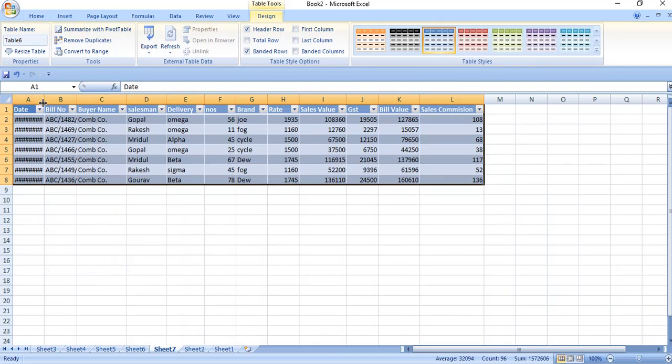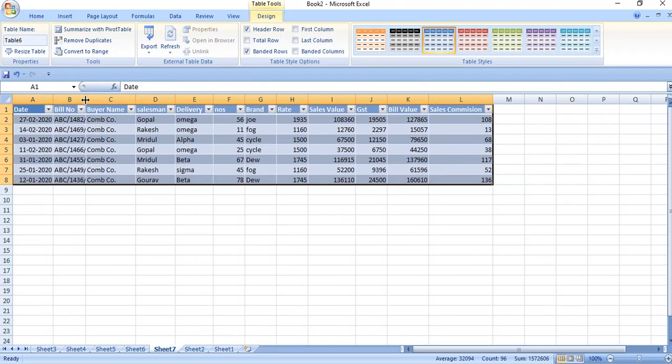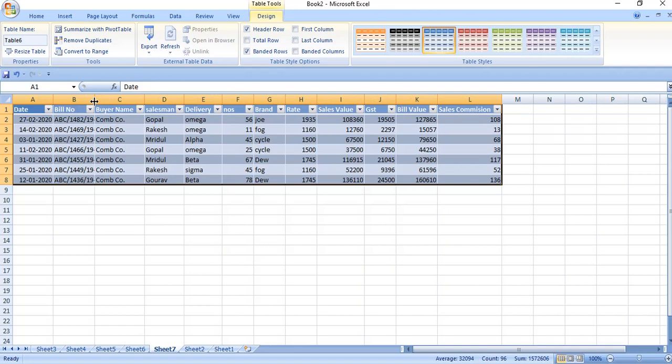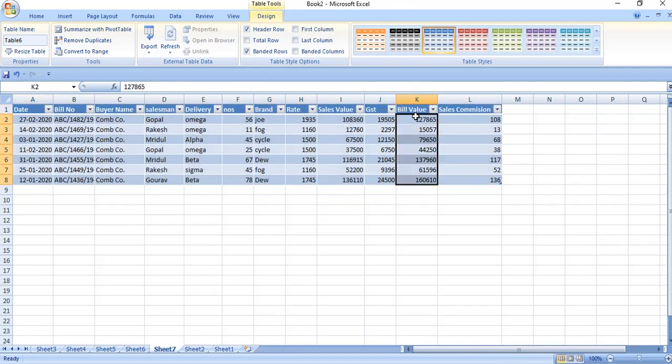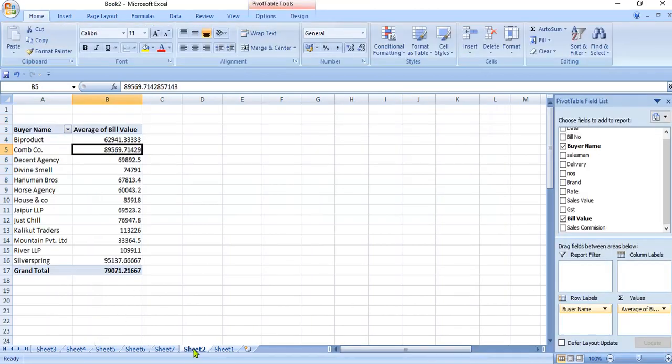Click over it. A new sheet will open. So this is your bill value. Now we will have the average. Average is 89,569. So in this way, by changing the field setting, we can have the desired result.